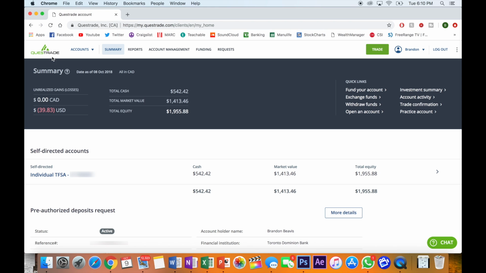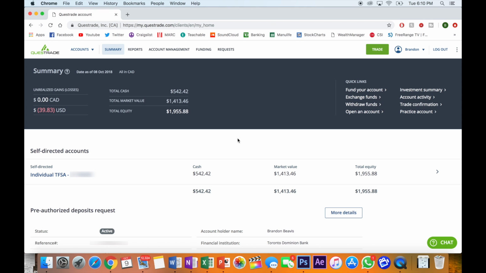Up here in the darker blue area, we have our unrealized gains and losses. This tells us the performance of the portfolio thus far. What this is telling me, represented in red here, is that the account is down. Oh, sorry, I should probably turn the volume off there. That the account is down just under $40 USD. Again, to the right here, we have another breakdown of the portfolio: the cash, the market value, and the